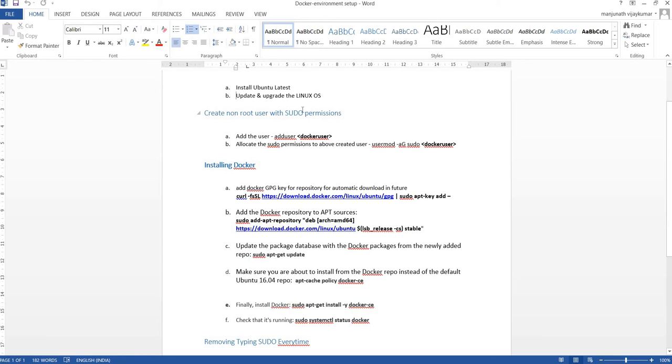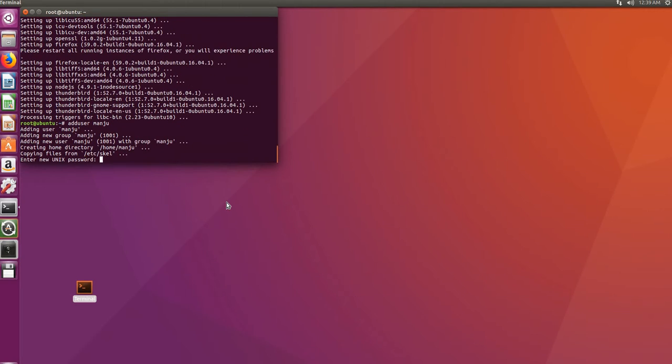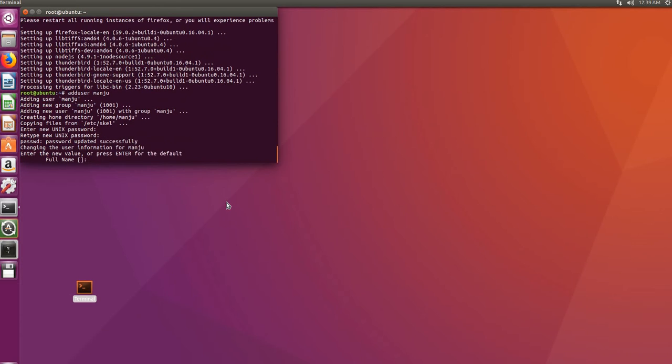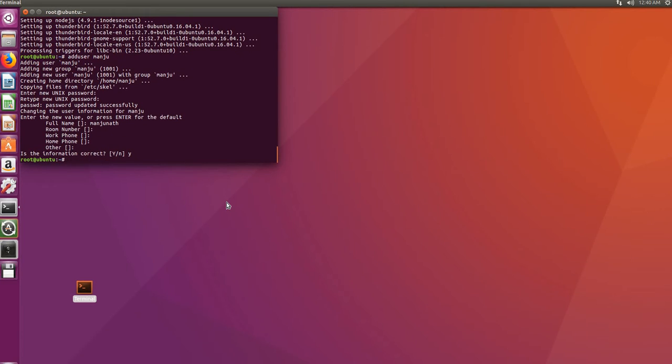Now let's create a non-root administrator who will have the sudo permission. So let's run the command adduser, and I'll give my name Manju, and for all my demos the password is capital ADMIN@123. And hence the username has been created. Now to give the permissions, sudo -a capital G